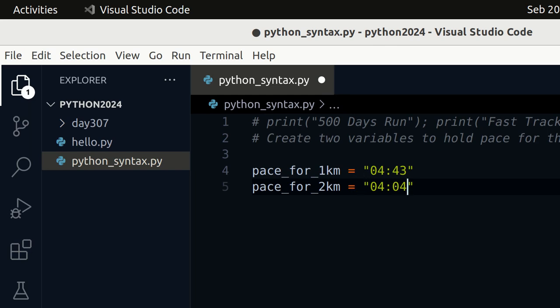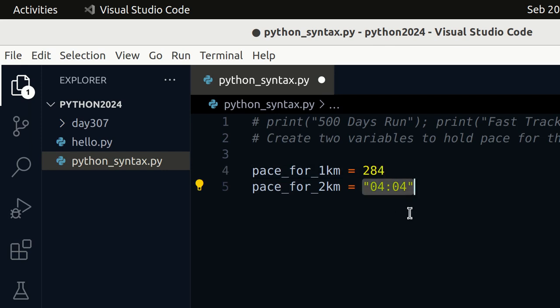Maybe if we are to calculate this a little bit fast, because we want to do some calculation on it, what if we convert these to seconds? 4 minutes 43 seconds, that will be how many seconds? 120 plus 120, 240. 240 plus 43 is 283.